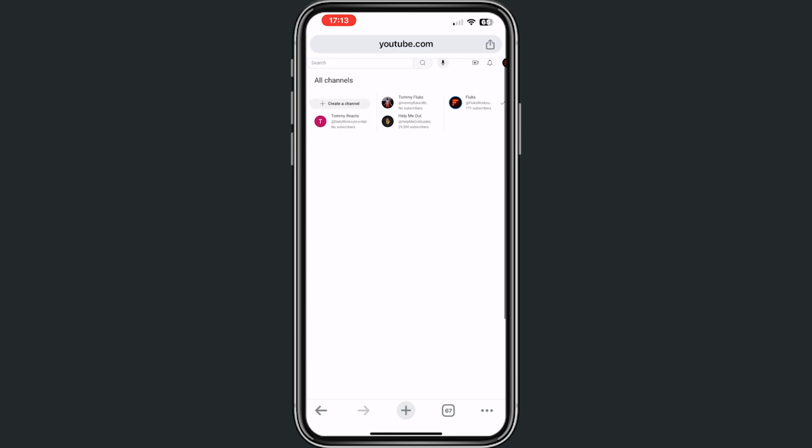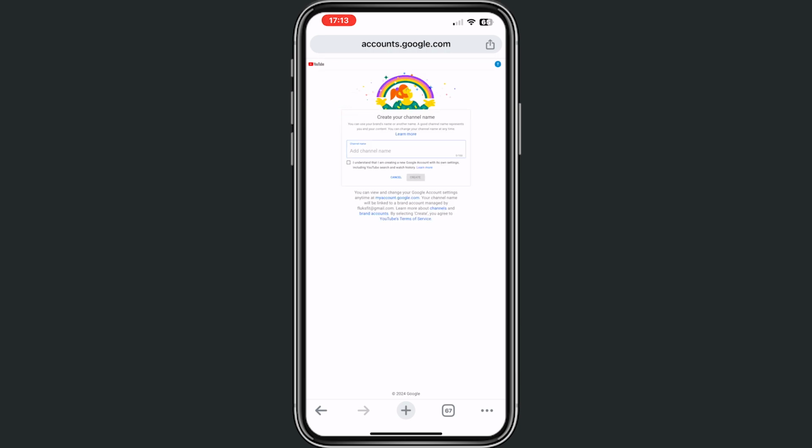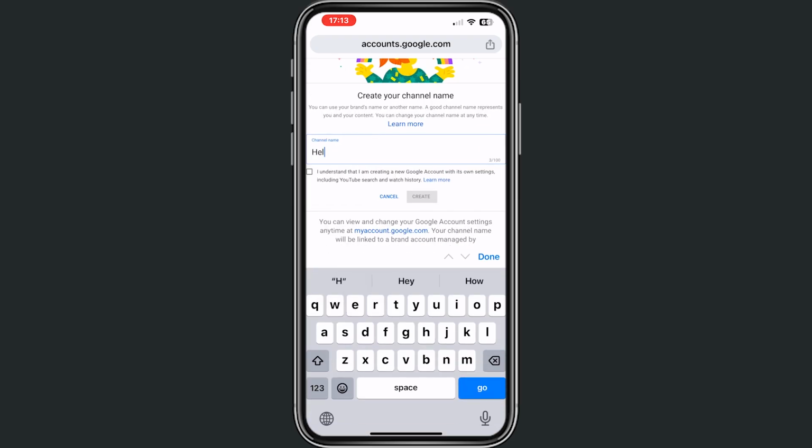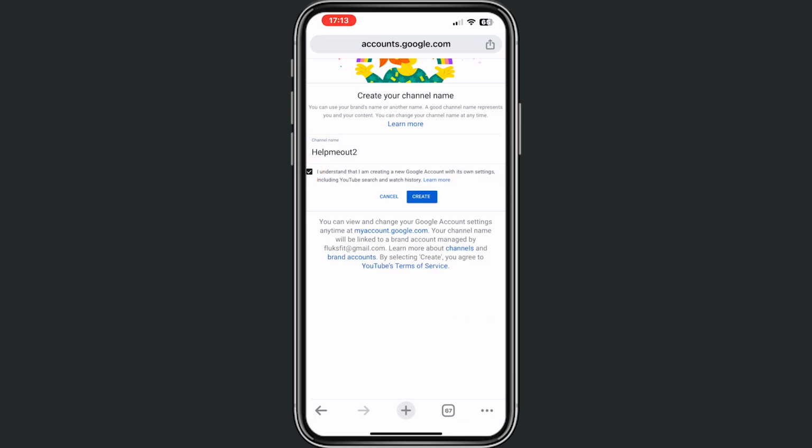Right now you can see the channels that I own right here, and if I tap on create a channel, you can see that I can create a channel if I give it a name. So if I fill in help me out too, then I understand that I'm creating a new Google account with its own settings, including YouTube search and watch history. Right now if I do create,